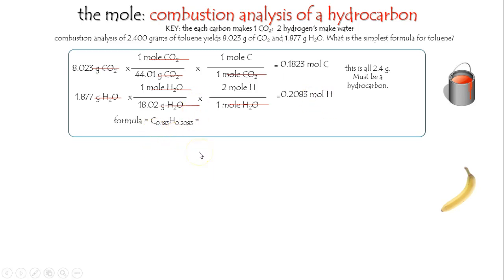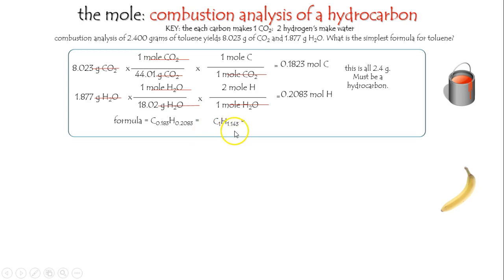The way to turn it into whole numbers is to divide by the smaller number, which in this case is 0.183, for both sides. That keeps the ratio but makes one of them 1 and the other one more than 1. At that point, you can scale, multiply. Like if it was 1.5, you double everything. This happens to give you, when you do that,